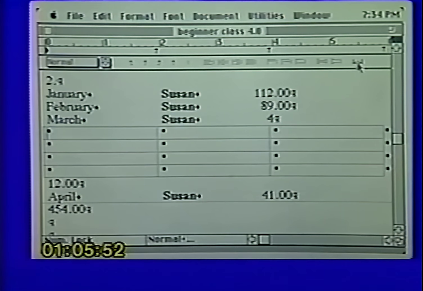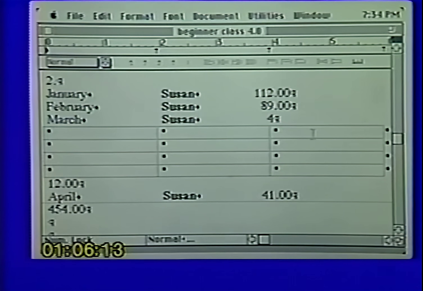You'll also notice now that I can click on the little scale icon and change my ruler. I actually have 4 of the different ruler settings. I can have a ruler setting that shows a margin for each of my columns, so I can change the margin. I can come up and go back to the original ruler. I can come to this one that shows a little T, and I'll leave it there for just a moment.